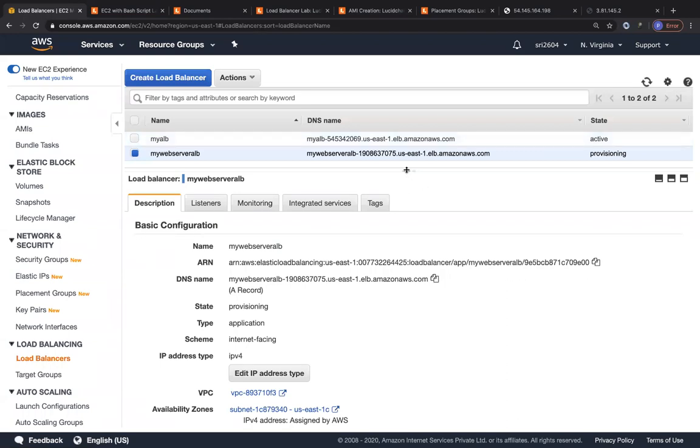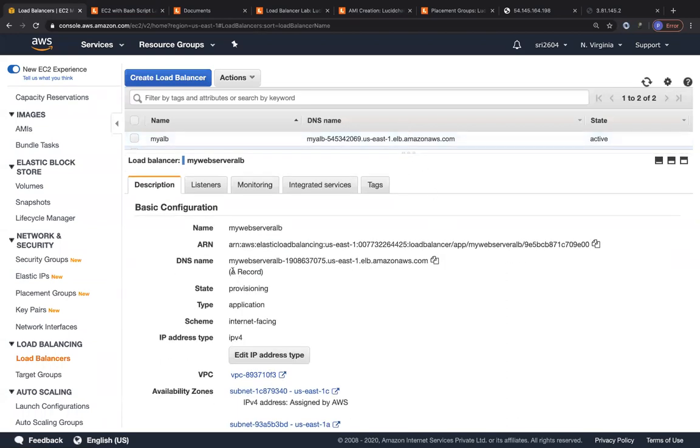So you can see over here in the properties of this load balancer, we got a DNS name automatically. This is the DNS name that we are going to resolve on the browser. And this DNS name has internal IP addresses that are being rotated on a frequent basis by AWS themselves. So they don't expose the IP address.